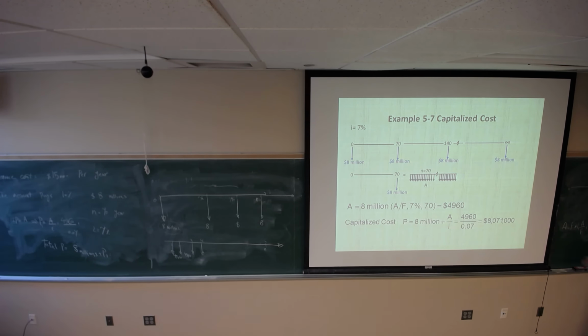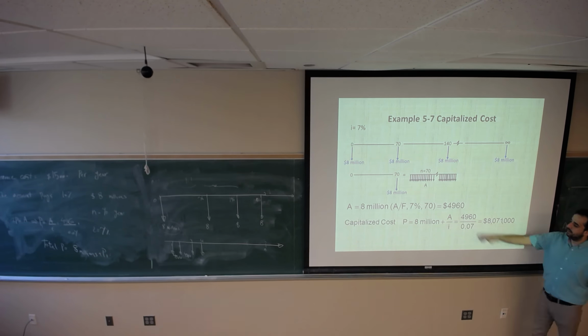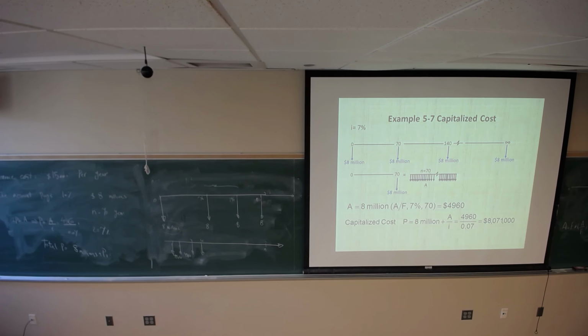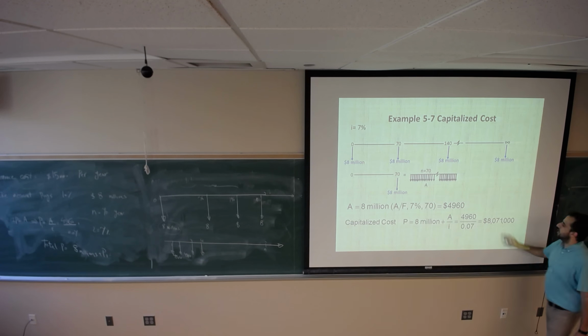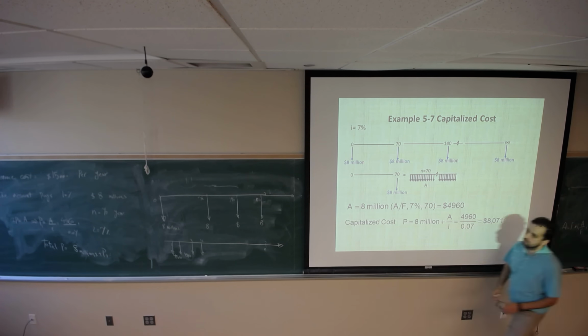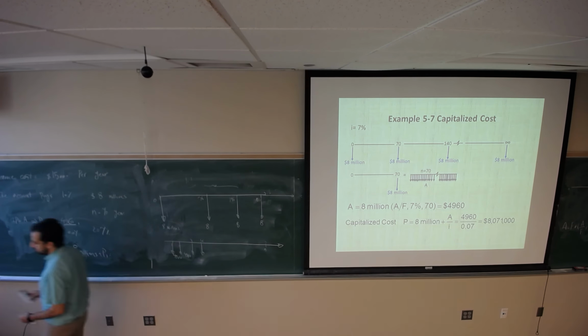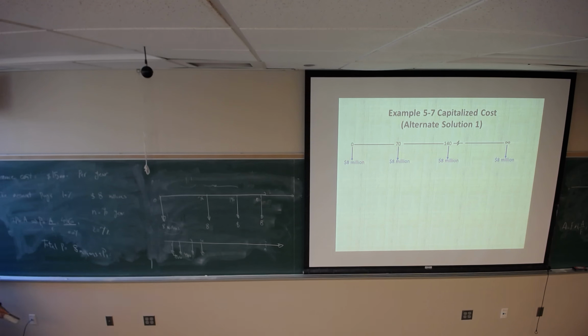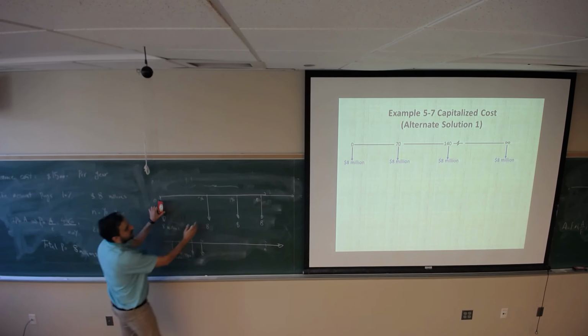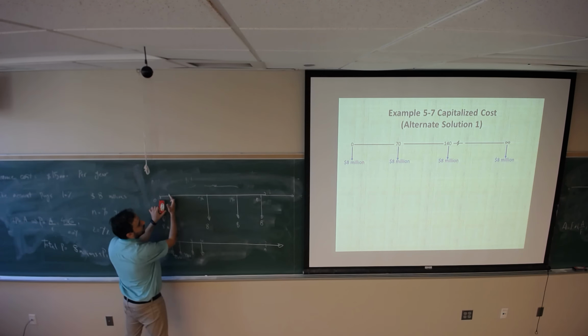So if you set aside this, they can have the pipeline indefinitely. They spend $8 million just at the present time, and with the rest, it can cover the future. Okay. Any question on this? All right. Second method, just what I did, I looked at the future payments and found its equivalent as